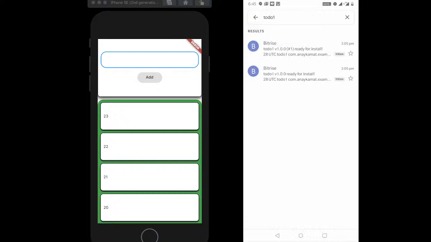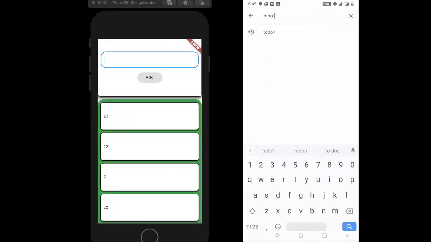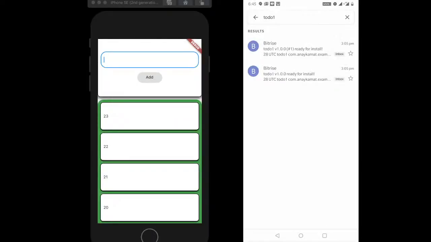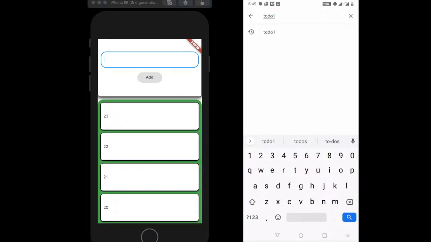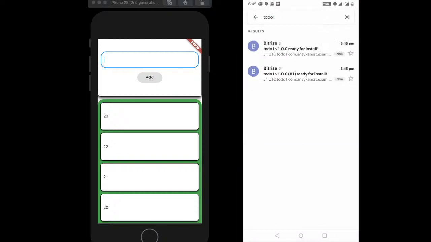Okay, yeah, I should get a new mail now. Yeah, there you go. As you can see, the new mail just arrived.